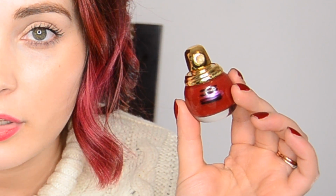And I am probably a little bit more than halfway through this polish. I'm really hoping to get through it this winter, mostly because this polish was a rollover from last winter into 2018, and now it's rolling over for 2019. So I'm not tired of it. It's a good polish, so I'm happy to keep using it, but I do wish to use some of my